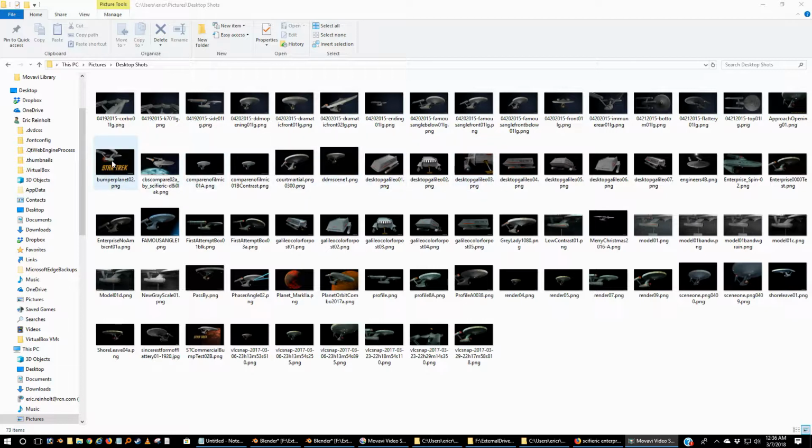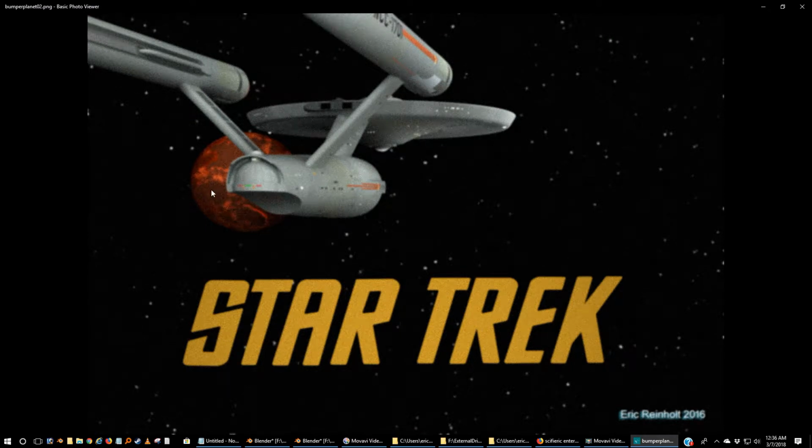These aren't that old, a year or two, but this was made with my current Blender Enterprise in 2016, so 2 years ago now. I overdid it a little bit with the noise, but even Star Trek here is actually a mesh, the text. I typed that out in Blender and then started to soften the edges because the edges were softer than the Star Trek fonts you can get. They always tend to have sharp edges. And the actual Star Trek text for the series was painted on a cell. So they took their time, they had rounded edges, it was very pretty, and I wanted mine to look more